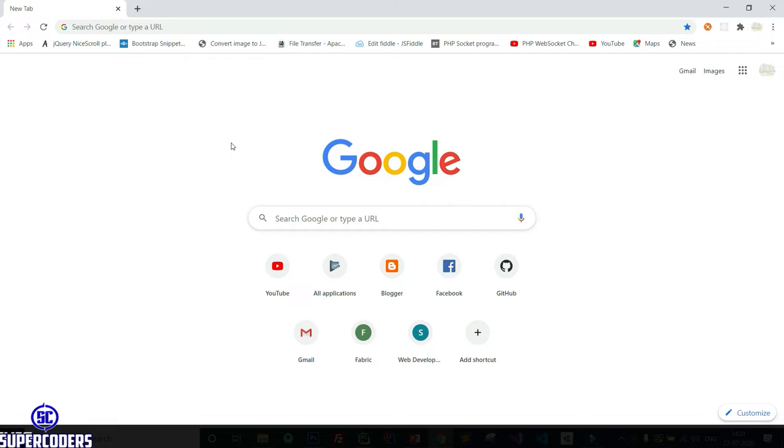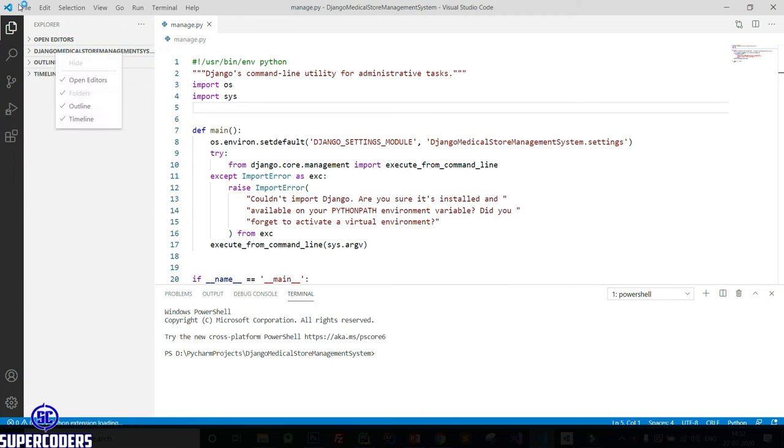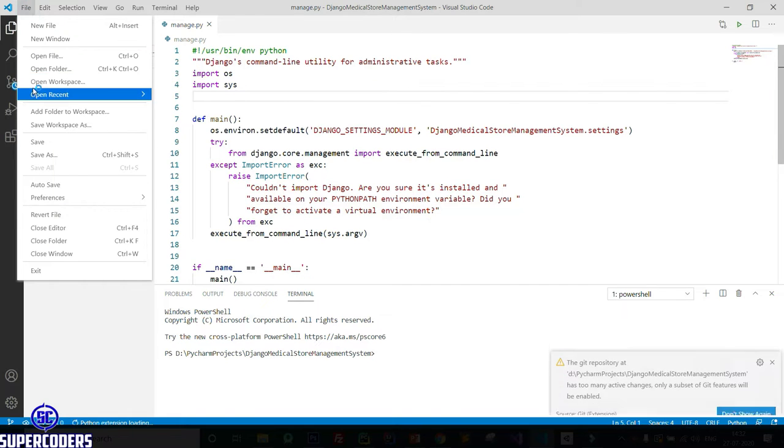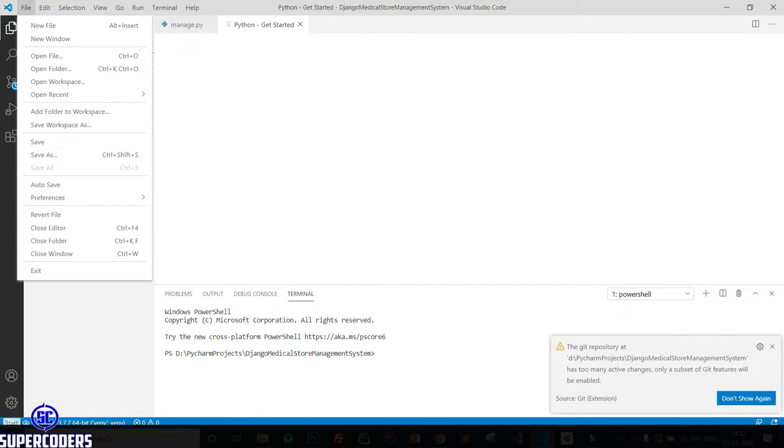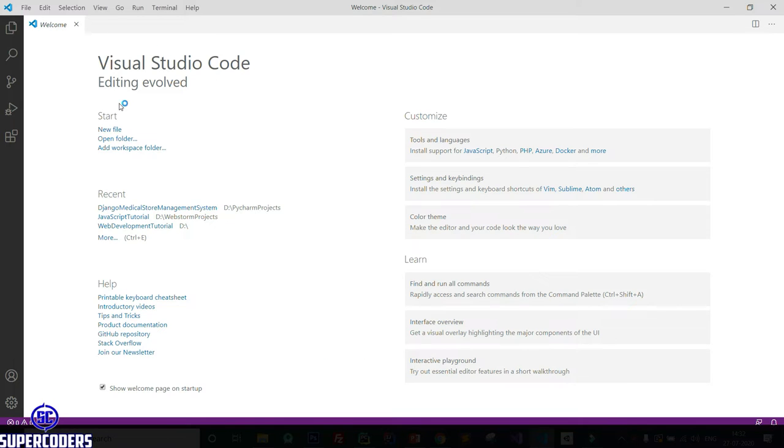First, open Visual Studio Code, which I showed you how to install in a previous tutorial. So open it, then open the project. First closing the folder, then opening my previous project, which is JavaScript tutorial.